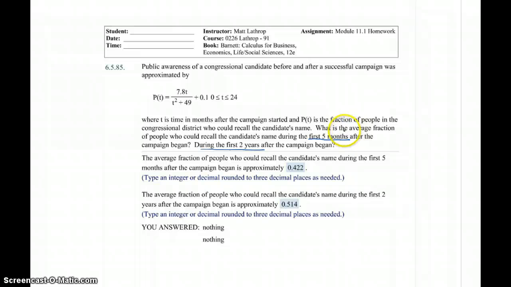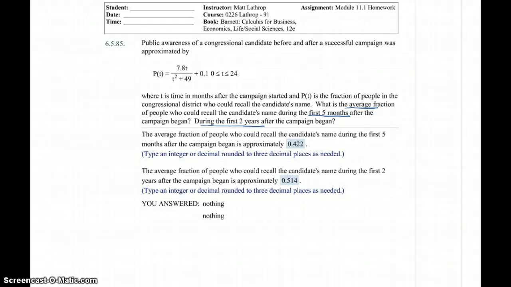So one of the keys to this problem is identifying that this is an average value problem. So essentially what we want to do is take this given function and apply the average value formula to it. If we're considering the first 5 months, that's going to be the integral from 0 to 5. And with that average value formula, we have 1 over b minus a, so 1 over 5 minus 0 of our given function,